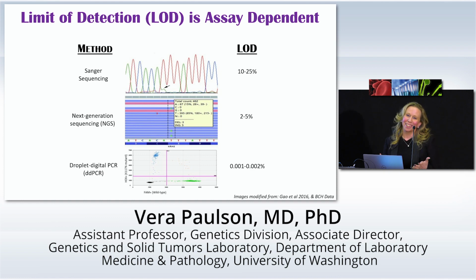But next generation sequencing really revolutionized that. You didn't need 25 to 50% tumor. We could now look at 5 to 10% tumor, I should say, 2 to 5% allele fractions. And then droplet digital methods really took this to a whole other level, and you can find variants present at 0.001%. I mean, how phenomenal is that? You can take someone's blood and look for an EGFR resistance mutation. And those are the kinds of assays I read out when I was a trainee.